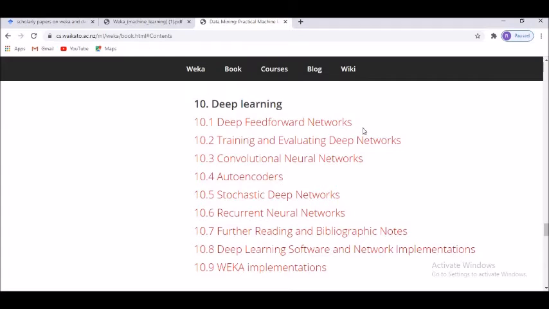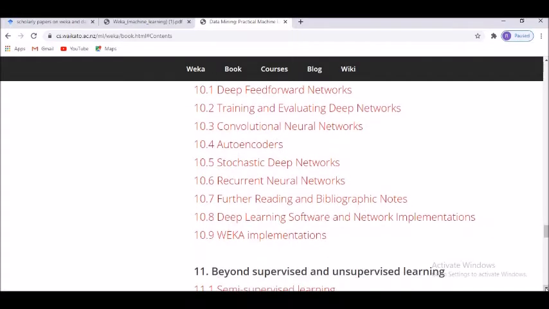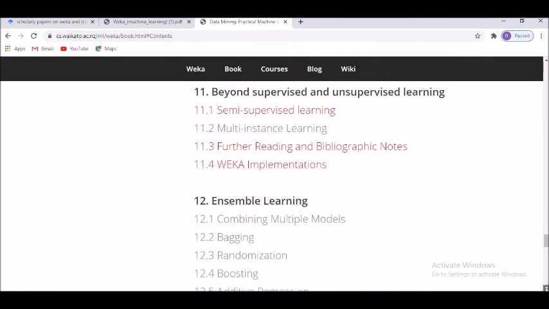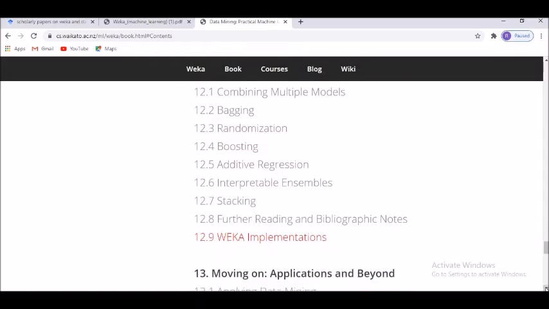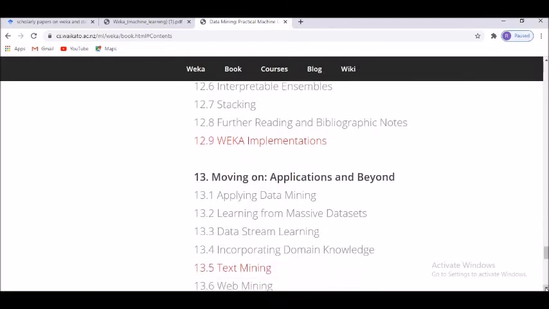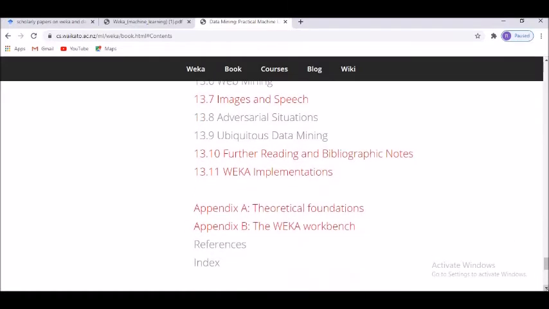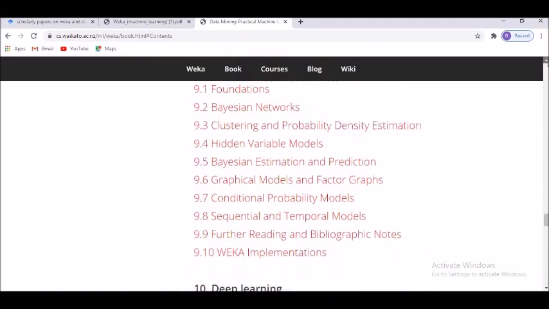And the day I started getting trained on these things through Ayan and some of his PowerPoint presentations that were shared with me, I was amazed to see deep learning concepts, especially deep feed forward networks, then training and evaluating deep networks, autoencoders, then stochastic deep networks, and you will understand why machine learning suddenly has become so important for us in our data science as well as the statistical understanding, and why research has turned out to be so important for all. And definitely the applications part of it, which you can see: text mining, web mining, images and speech, and my own image analysis, which is very important for us.